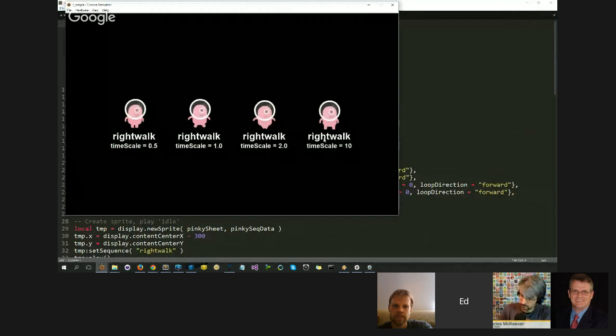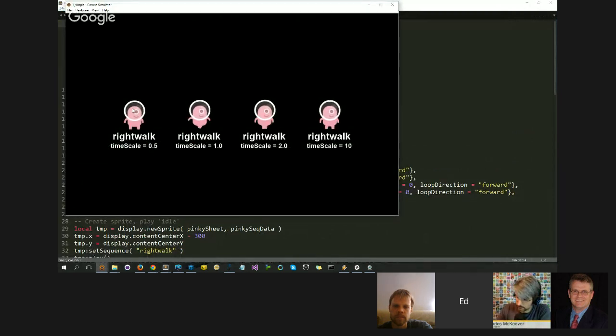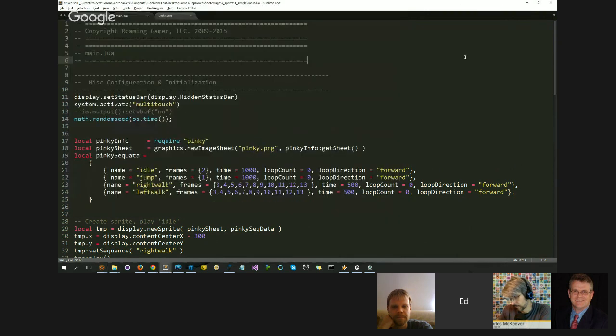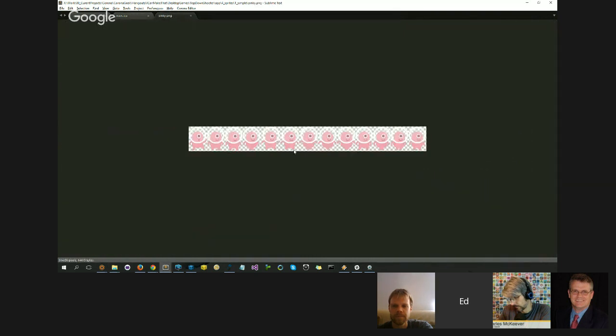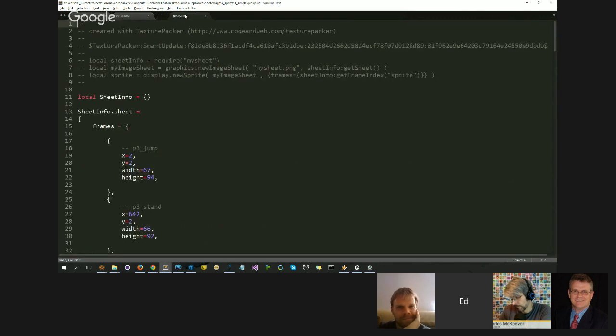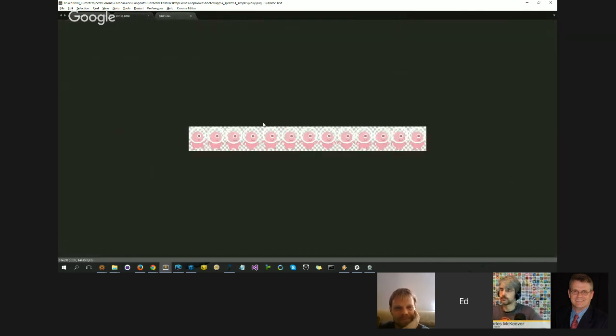So here, what we've got is the character from our last game, our main character. And as you can see, he's running the same animation using different time scales. This animation is called right walk. Now, to set up this code, I took all these textures, which you see on the screen, and I put them in a sprite sheet using Texture Packer. I just dumped them in Texture Packer and then exported to a file called Pinky. And then Texture Packer exported this sprite sheet